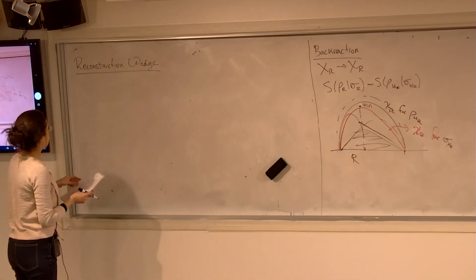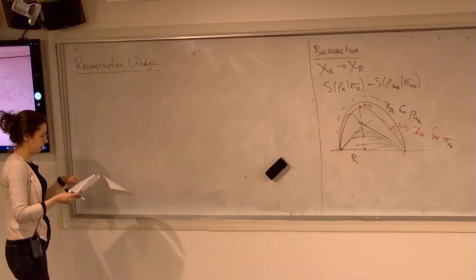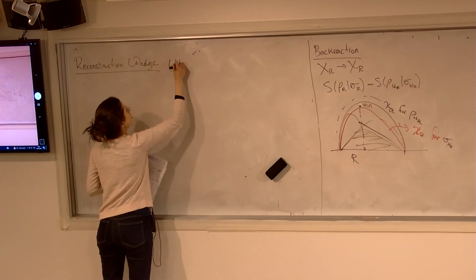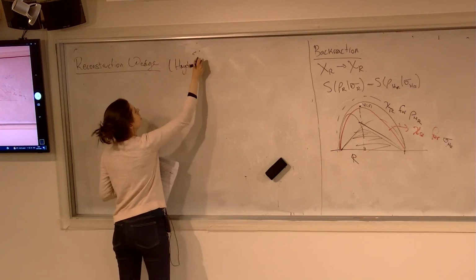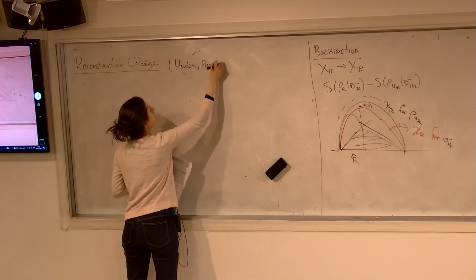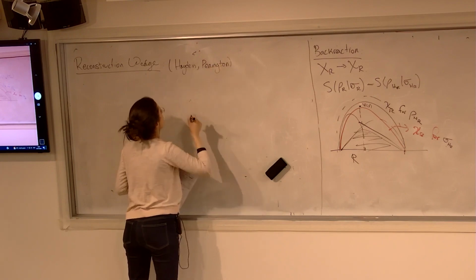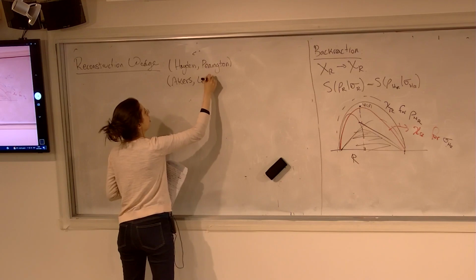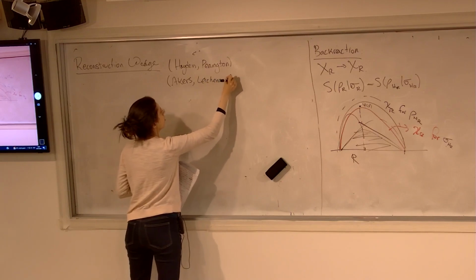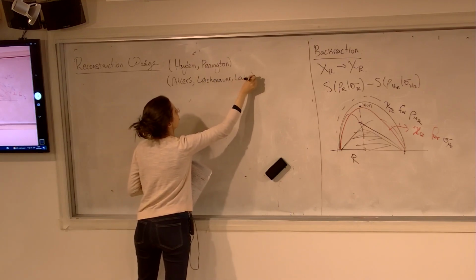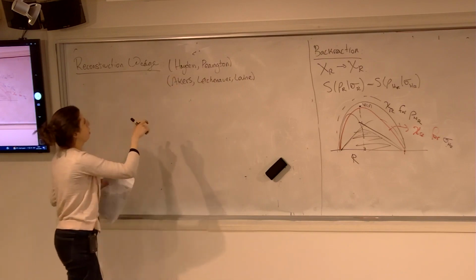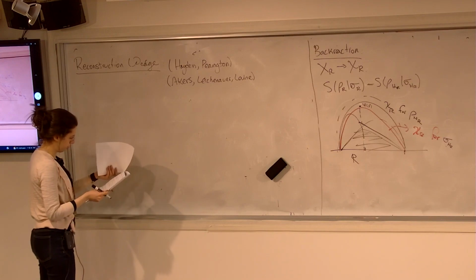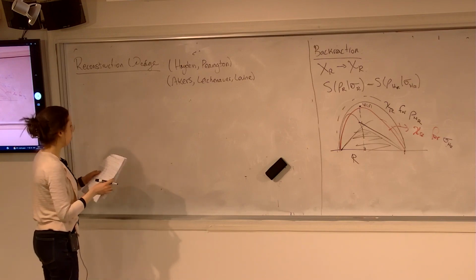This is work initially by Pennington and by Hayden-Pennington, and further clarified by Akers, Leichenauer, and Levine. These folks actually coined this term, but Patrick and Jeff were the ones who came up with the first idea here. So Hayden and Pennington,